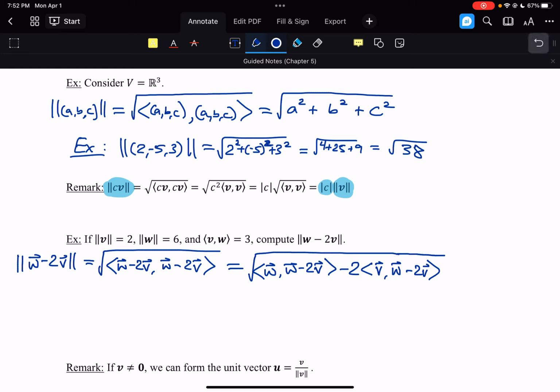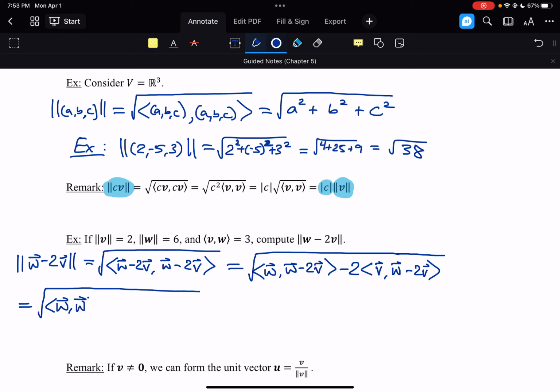But the effect that this has is essentially the same whether we keep it in the first or second component, and that's definitely something we could prove. We could prove that these properties can be applied to the second component using proper methodology. But essentially, it just foils itself out. So if we split these across addition and subtraction, pull out the constants, and put it all back in its proper order, we end up getting